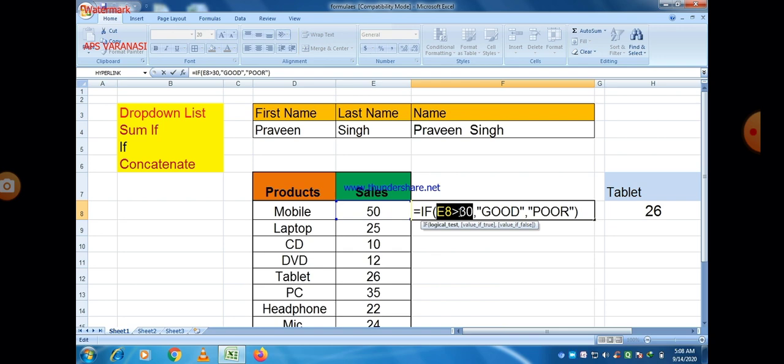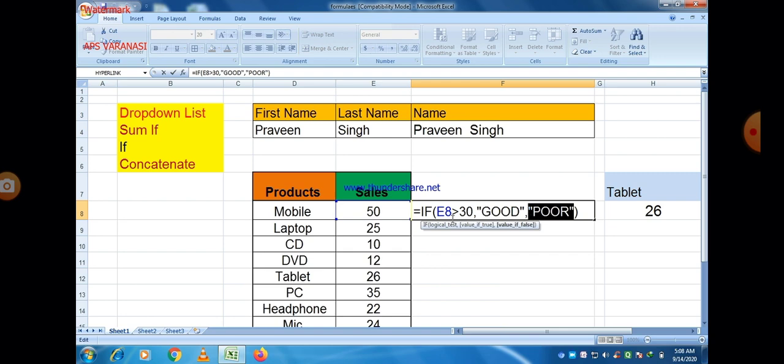If it is found to be true, then just after that logical expression, whatever the value of that string is, that will be printed. In this case it is good, so good will be printed. And if it is found to be false, then poor will be printed.